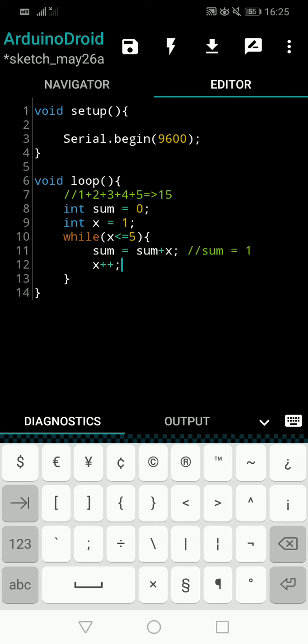In the next iteration, the beauty of the while loop is that we don't go to line number 8 or 9, so the sum will not become 0 again. Sum is now 1, that's all, because we will come to line number 10 only, having the sum as 1. So now x is increased. What is the x value now? 2, right? So I will write it here also.